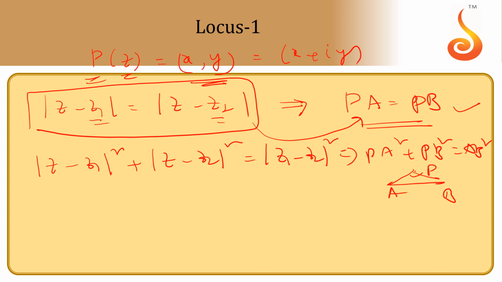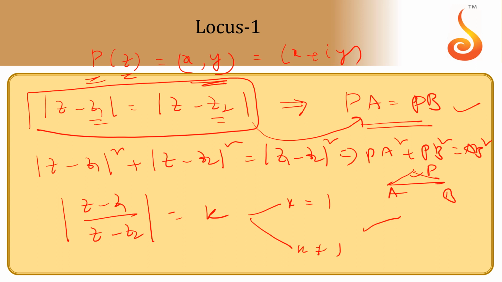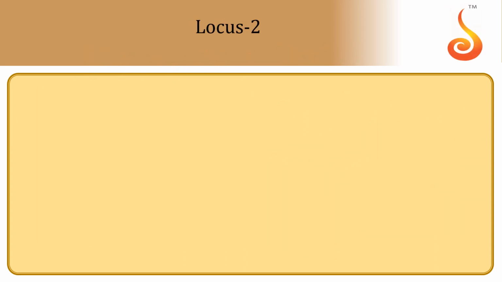So similarly, lot of concepts. See, suppose mod of (z minus z1) by (z minus z2) equal to some k. If k equal to 1, again a line segment, sorry, perpendicular bisector, but here in this structure z cannot take z2. If k is not equal to 1, you will get a circle. See, in any standard books, some standard loci will be there. No need to learn them by heart, try to understand them. Some more.